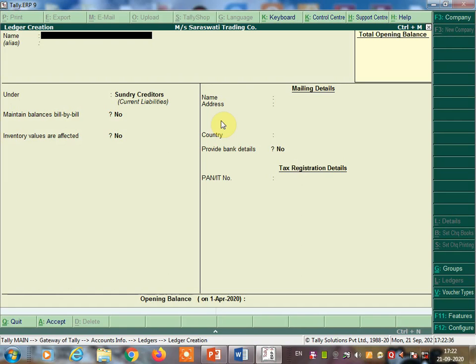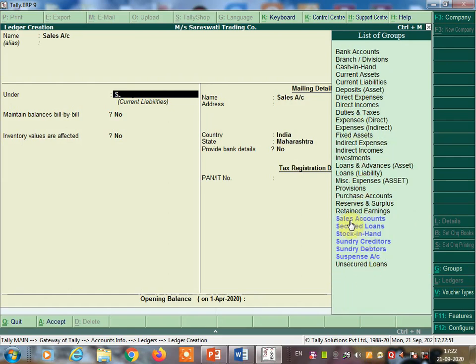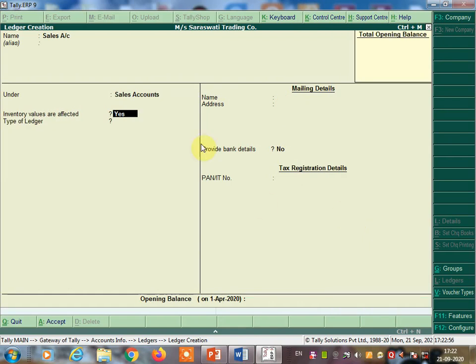That's why cash account debit to sales account. So the sales account we are going to create. It will go under sales account only, so you are going to select this sales account from the list of groups, and then accept the information.